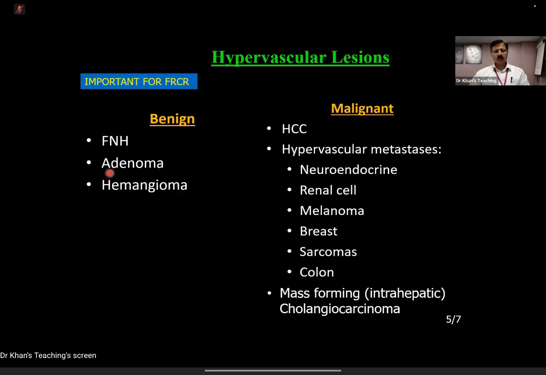Now, adenoma. Adenoma, as I told you, is more likely in patients who are on oral contraceptives, or males who are taking anabolic steroids, gym work, etc., bodybuilders, or patients with glycogen storage disease. But do not think that this is the only clinical scenario. Adenomas can occur incidentally, and there are three types, which I'm not going to teach you. But please remember,